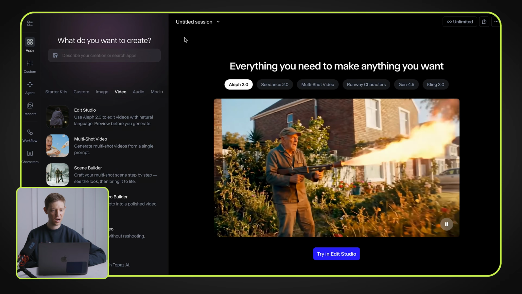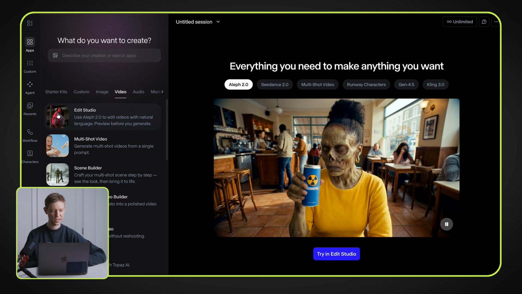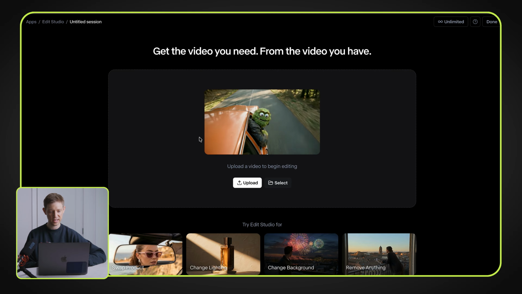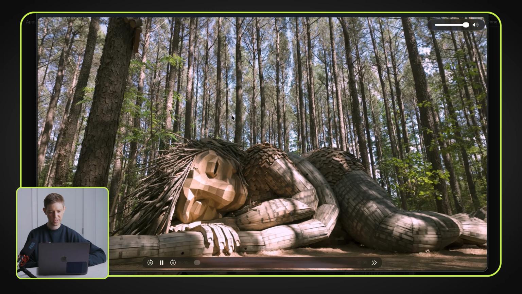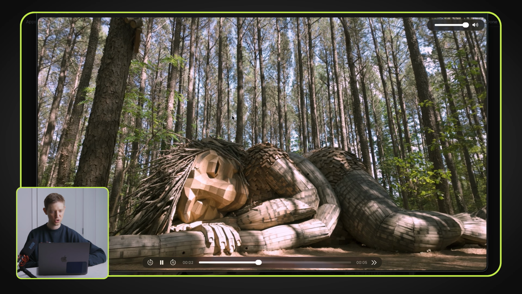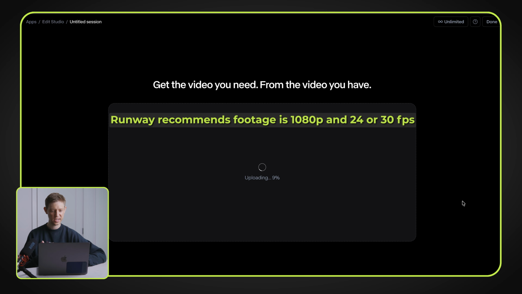So once again, we are inside of Runway. You're just going to go over to Edit Studio, and this is going to allow you to use Aleph 2.0. And then the first thing we need to do is upload our footage. So I'm going to start with some of that troll footage, and I'm going to start with this clip here of the mother troll sleeping in the woods. So let's open this, and you can see it is already starting to upload my footage,